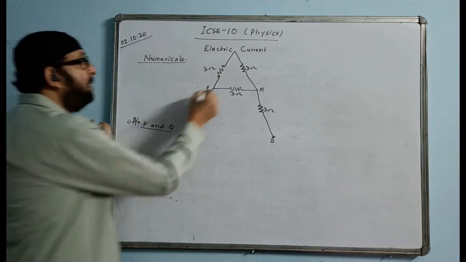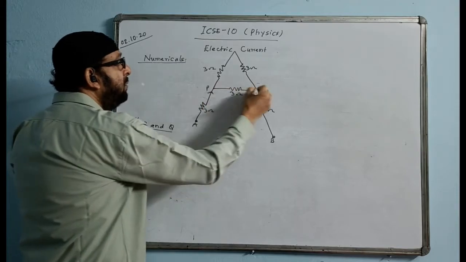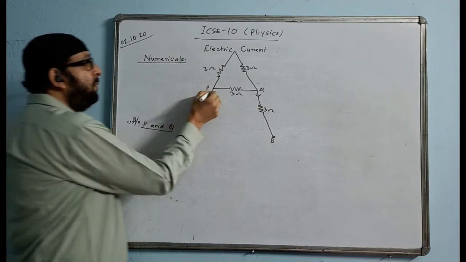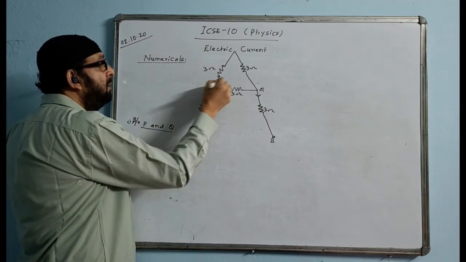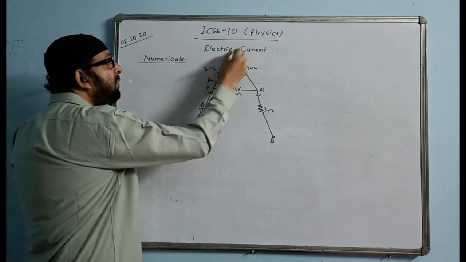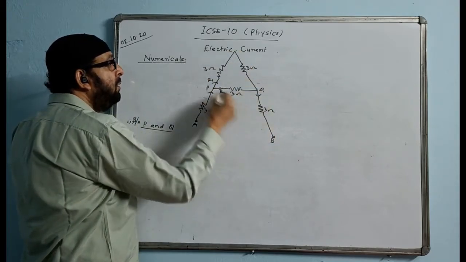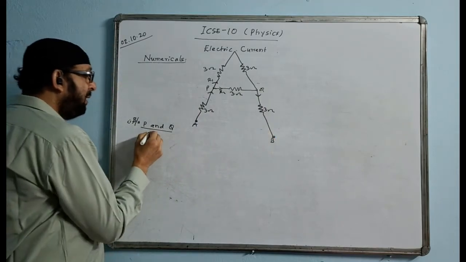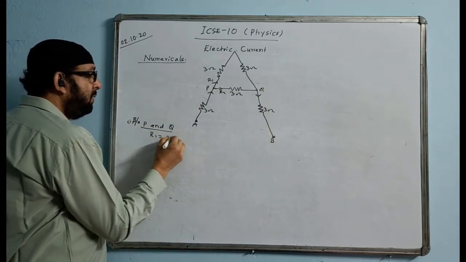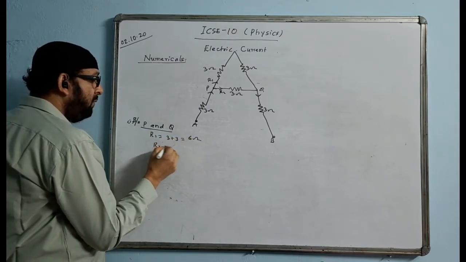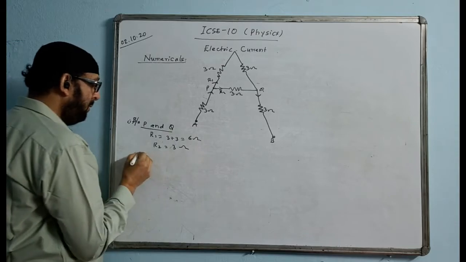We'll see through P the current enters, this is the point P, and then through Q the current will come out. As the current enters through P, it is dividing or not? Yes, in two parts. Here is R1, here is R2. R1 current will flow all through this and then come out, and R2 current will go like this and come out. First we find R1 value. R1 value is coming 3 plus 3. The answer is 6 ohm. R2 value will come 3 ohm.